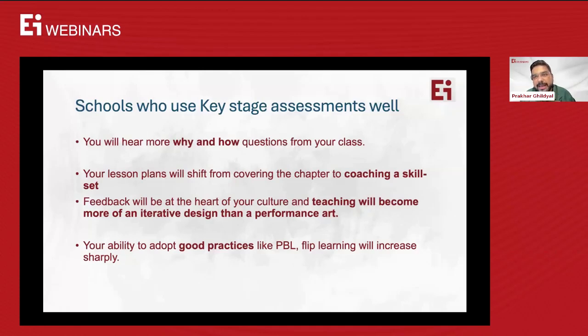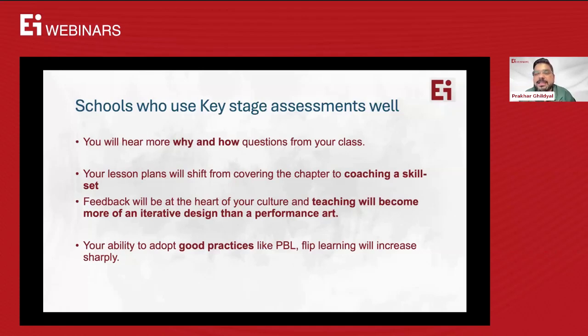Otherwise, even if you are right, your opinion is as good as my opinion, right? How do we solve for it? And that's why another thing which SAFAL is trying to do is bring a lot of evidence into the teaching-learning process. So it's saying teaching will become more of an iterative design. And I've seen schools